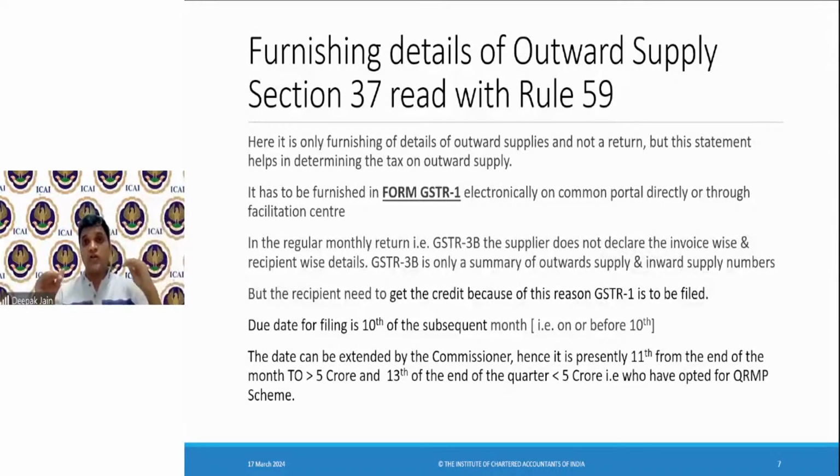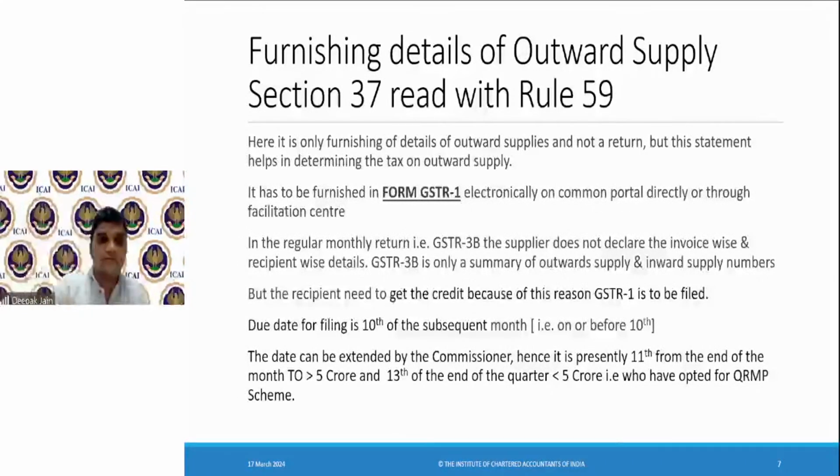But these are two separate returns. GSTR-1 is a separate return and 3B is a separate return. If I don't report 100 crores in 3B, it means there is a short payment of 1 crore tax on that 1 crore. So that's why it helps in determining the liability because it doesn't get auto-populated. Even though it gets auto-populated, you can change it. You will file your GSTR-1 first, then your 3B. So data from 1 goes to the 3B saying that this is your liability, but you can always change it. So 1 helps in deciding the tax liability and helps the officers to decide that you've paid less tax.